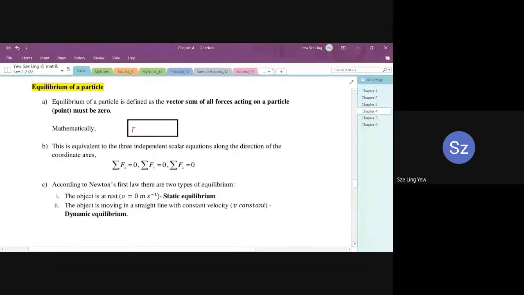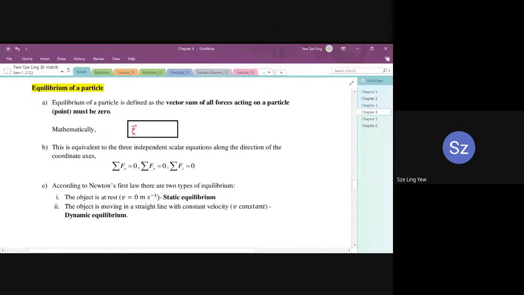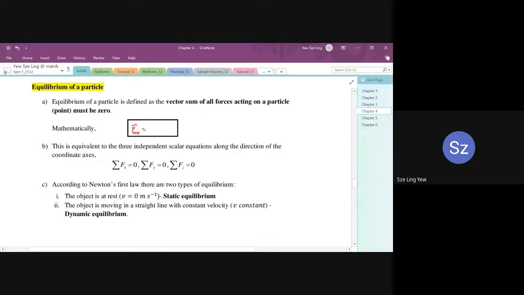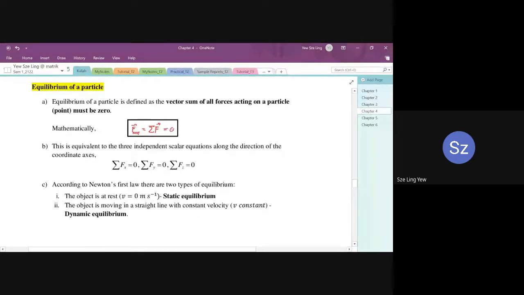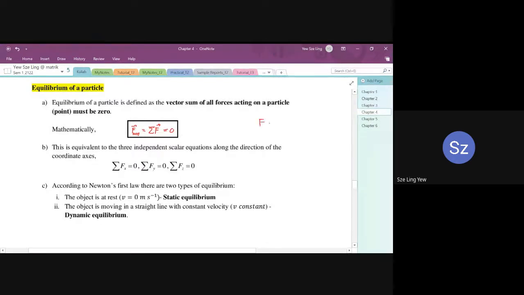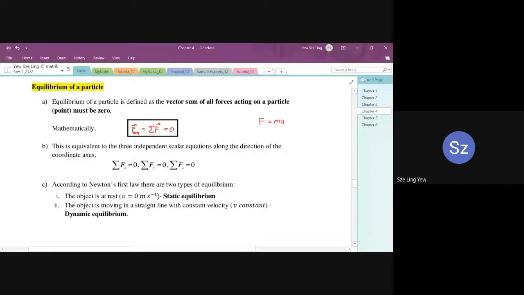So F net equals summation of F, and it is equal to 0. Now, how do I know it is equal to 0? If you recall, what is the equation for force? F equals ma. But according to Newton's first law, my object is moving with